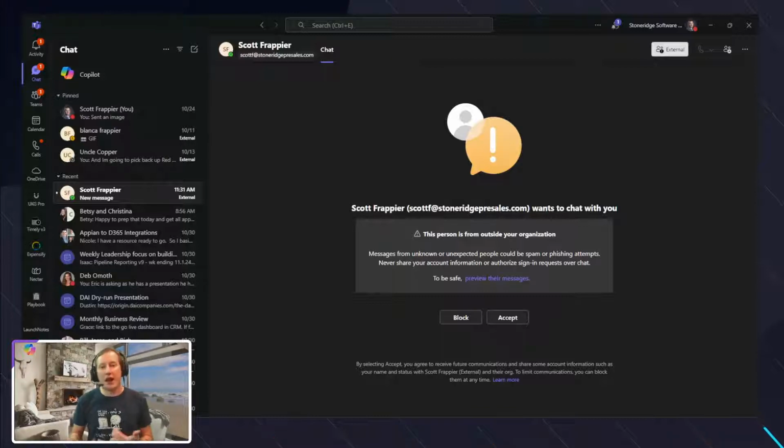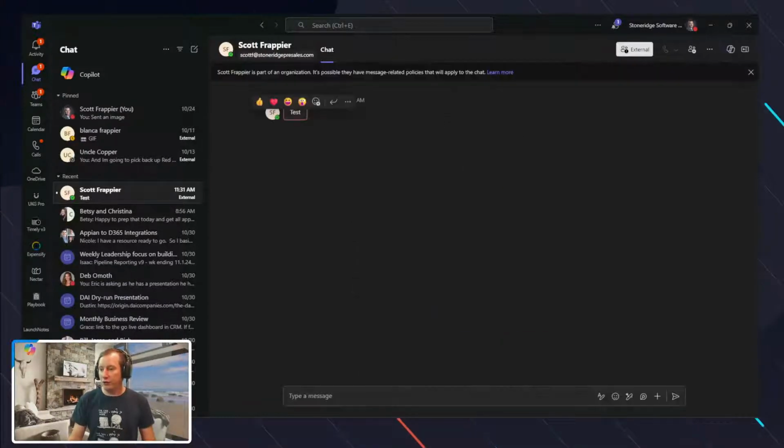But the external chat is nice because, as an example, even I use it with some of our customers basically to coordinate, for example, schedules and details that are needed to drive business, right? And as you can see here, I can accept that particular one, and then I can see, for example, Scott's test message that he sent to me as part of this.